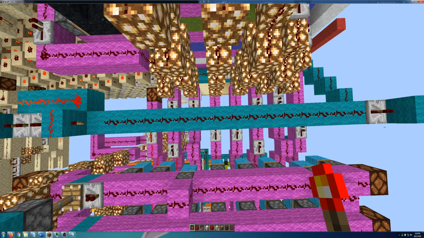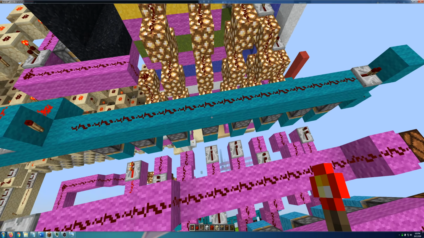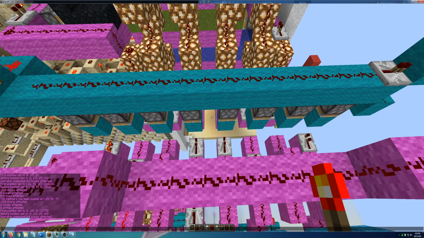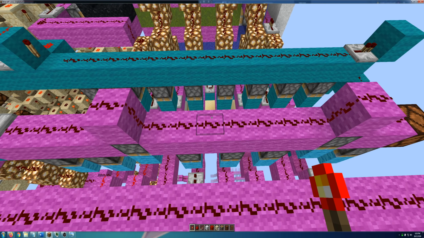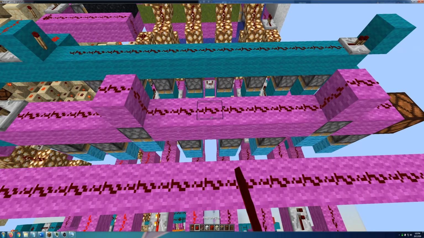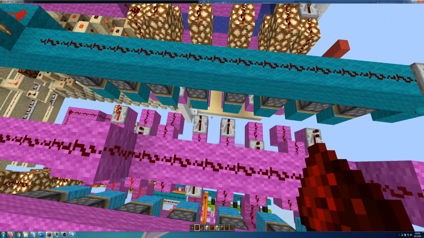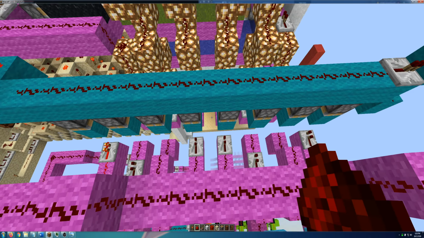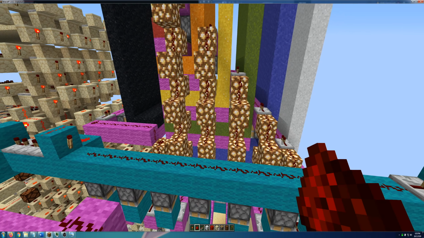The way I got around that was by having this check repeater stack where basically once the piston's color is chosen, this will only go down after a certain amount of time. There's a set delay, and then this will pull back up and then allow this decoder to change. So this decoder is not allowed to change while these pistons are down and let the signal through. These pistons, whenever the signal is changing, are always up,